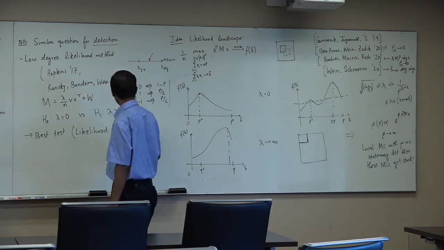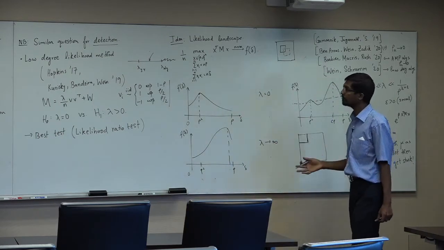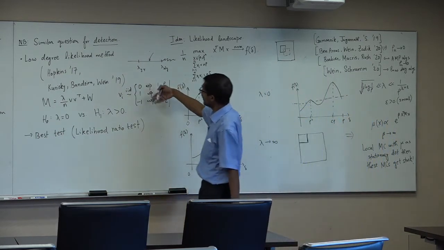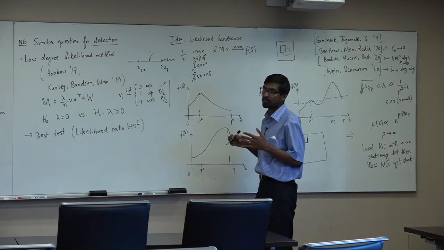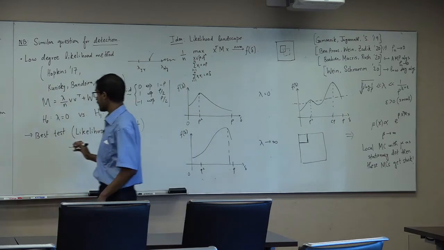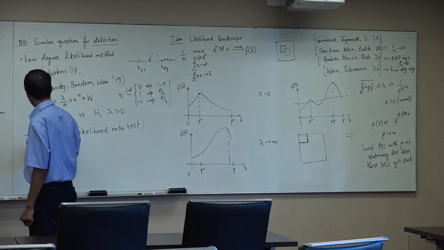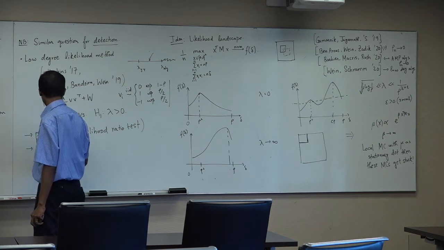But the difficulty naturally is that computing the likelihood ratio can be difficult. It might involve summing over all these discrete binary vectors, and that can be challenging and computationally inefficient. So it turns out the conjecture in this area is that the best computationally feasible test